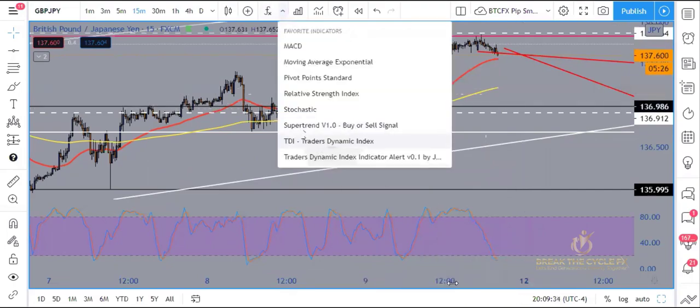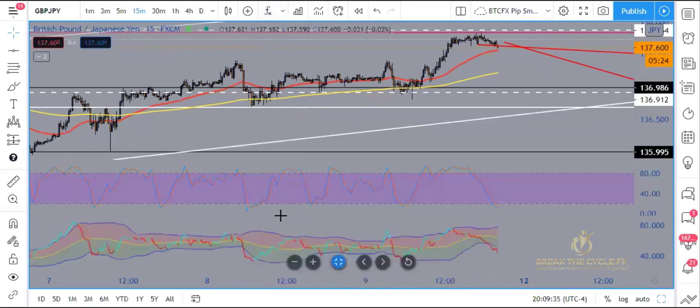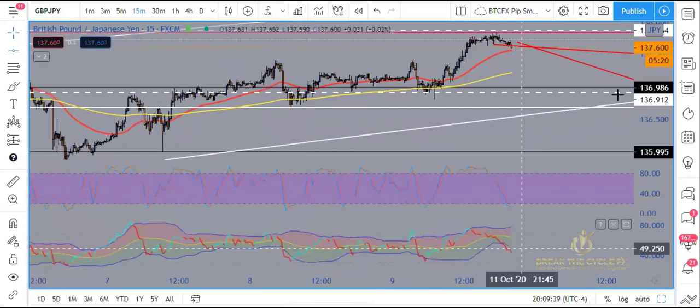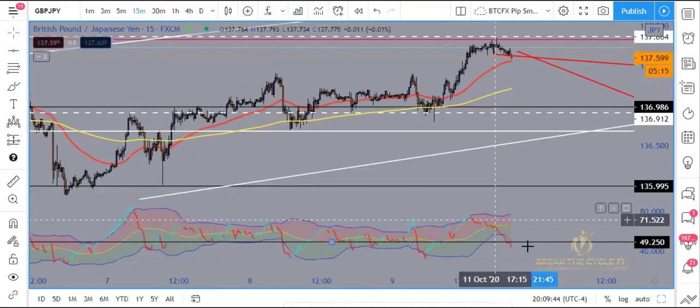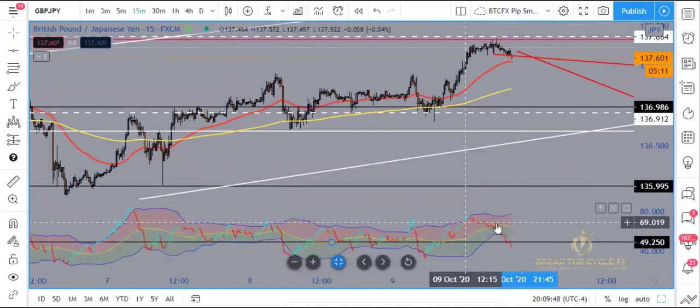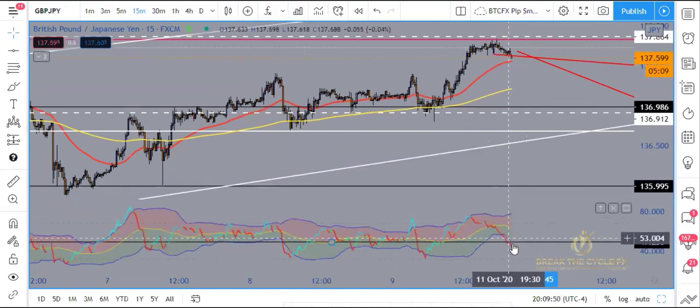I'm hoping that it looks a certain way. Okay, let me see. All right, so a couple of things about this TDI, guys. Now that price has broken below market sentiment here, our RSI line and our trigger line are down here. Even though it's above the 50 static, this push up may only come up to market sentiment and then another push down, right? If it starts to trend below the TDI,